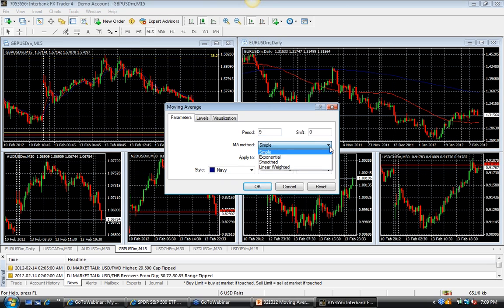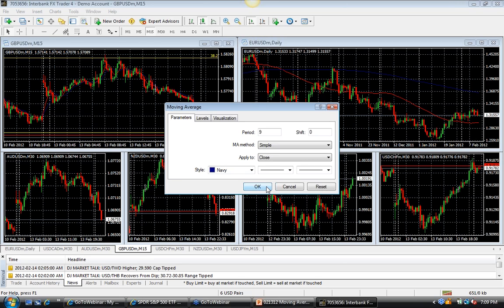Do I want it to be simple, exponential, smooth, weighted? Again, traders pick different things, but overall, they're pretty similar in scope. The most popular ones are simple and exponential. Again, I'm not going to get too much into these different definitions because you can Google that and learn that on your own. This is basically something that I want you to see live in the markets, applying the moving average and specifically the moving average crossover.